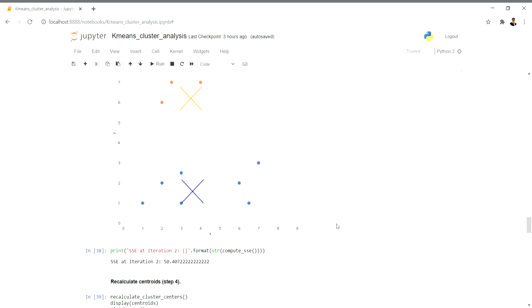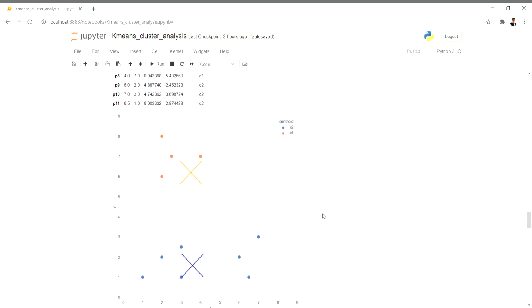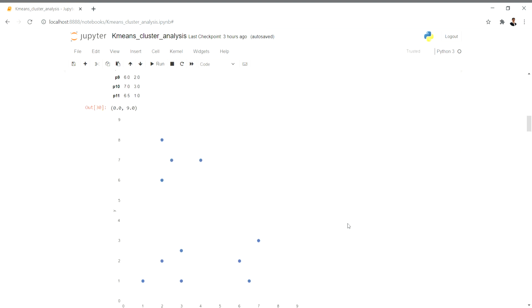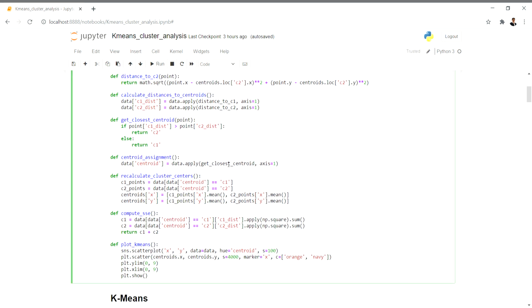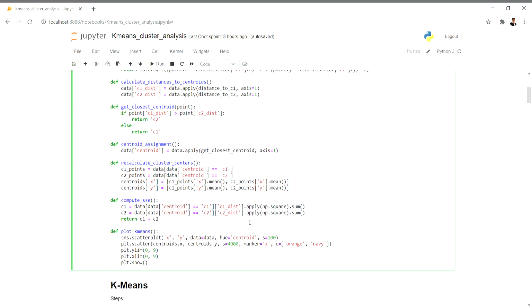Since we don't use real world data, I'm not doing any clustering analysis on this, just to give you an idea of how the mathematical computations are done, and those are carried out in these main functions. How the normal mathematics we write translates to Python code is written here. So this is how you do it.